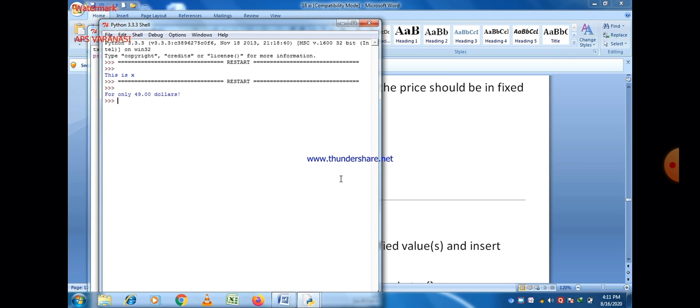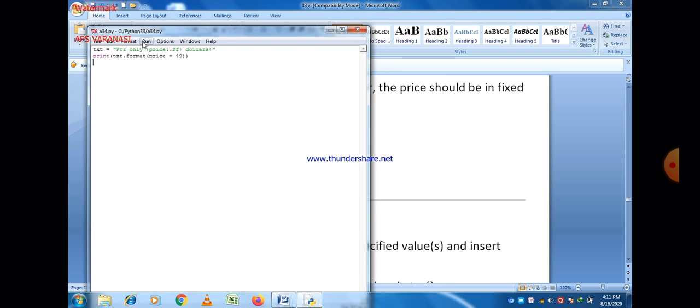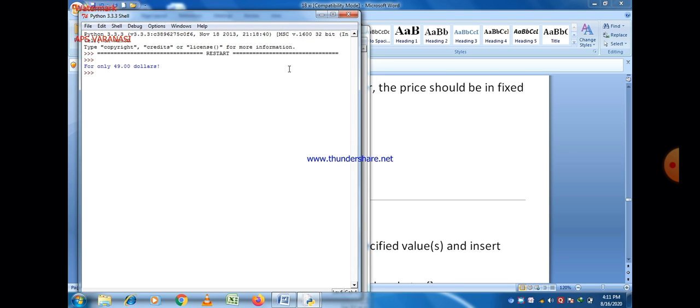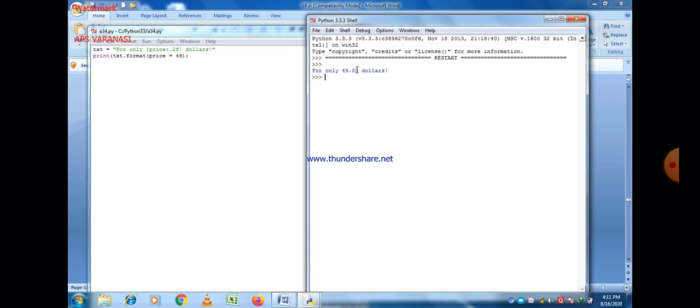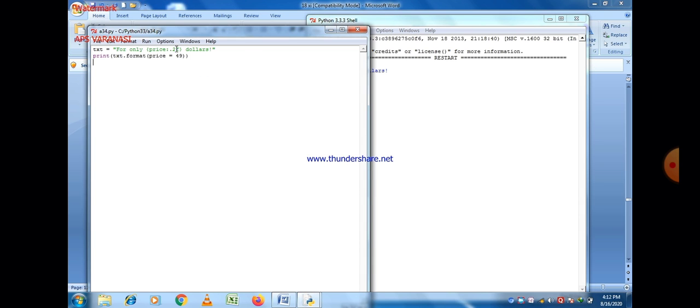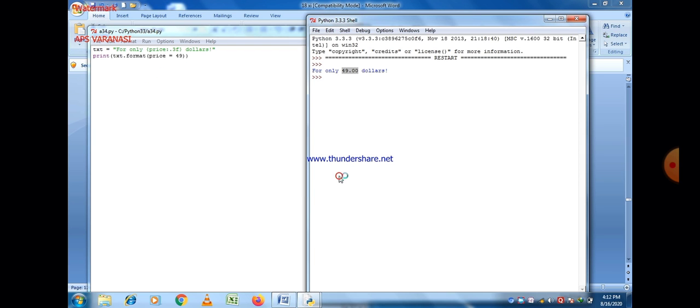Now if you change the value 2f to 3f, then the answer will be up to 3 decimal places, just like that, 49.000.